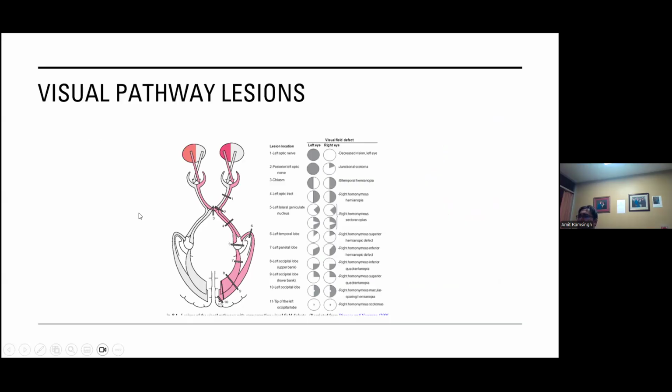I know we have a separate talk on neuro-optho, but just note in terms of the main visual pathway lesions, complete transection of the optic nerve here, right? We get complete blindness, or monocular blindness. But as more relevant to the means of this talk,